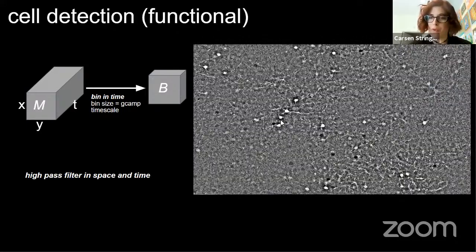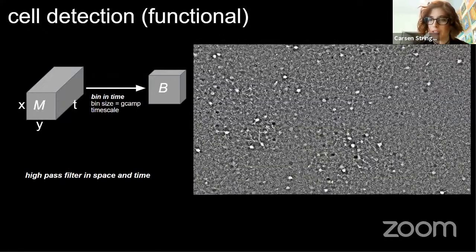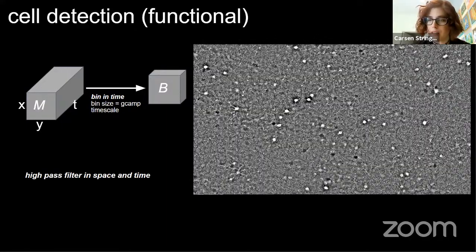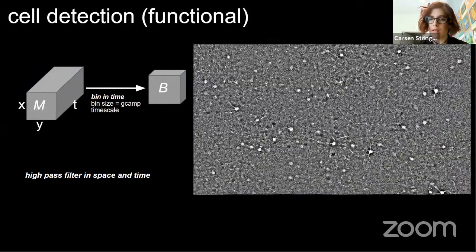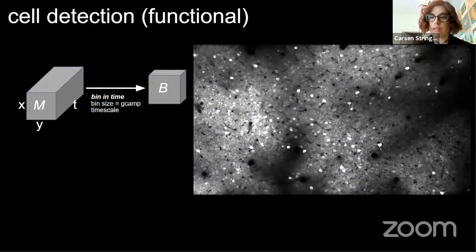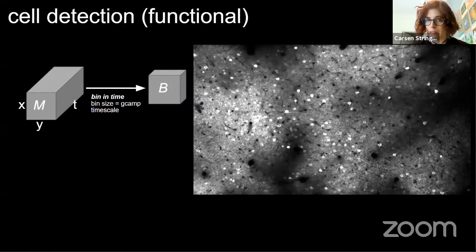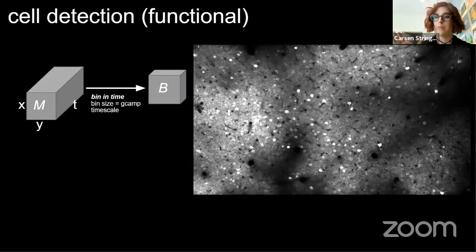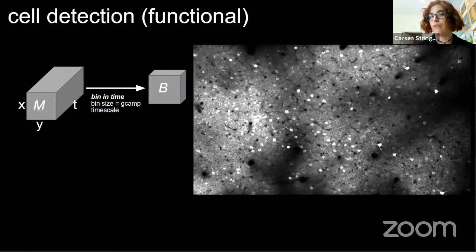Oh, we have another question about temporal binning. So this was the last slide. Would this temporal binning predict that you'd find the same cells using a faster GCamp tau parameter, even if you are using a slower GCamp? Yeah, so you could use a smaller tau and you should still find the same cells. You're basically going to be processing a bigger movie. It might be a bit slower, and it might not necessarily fit in memory as well as if you bin more. But in theory, you should find the same cells